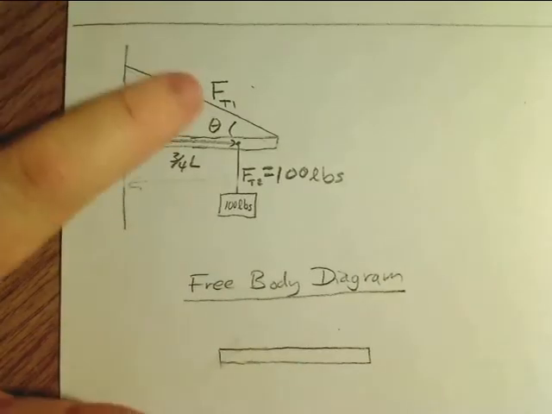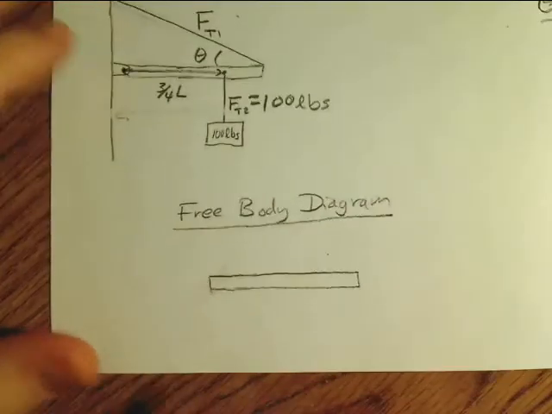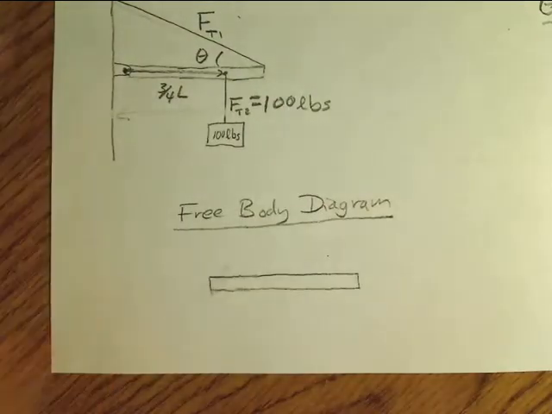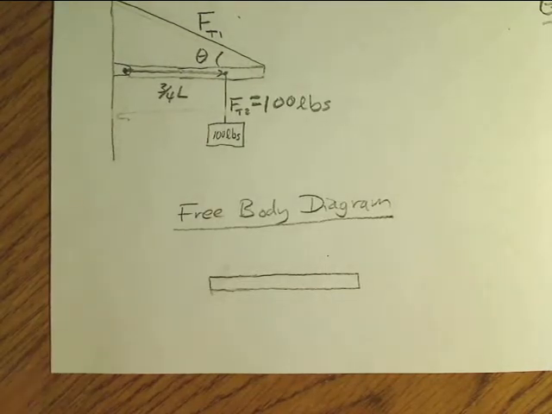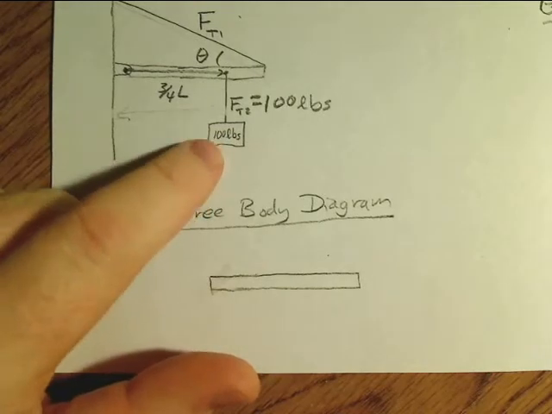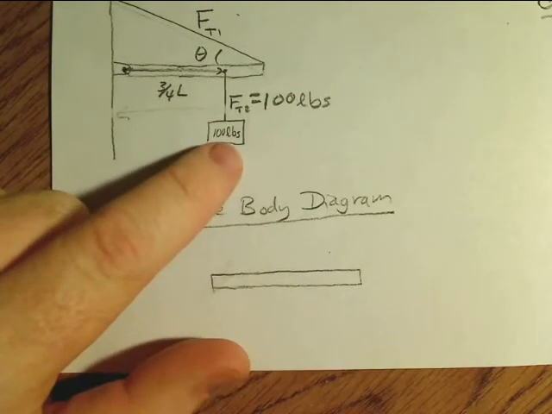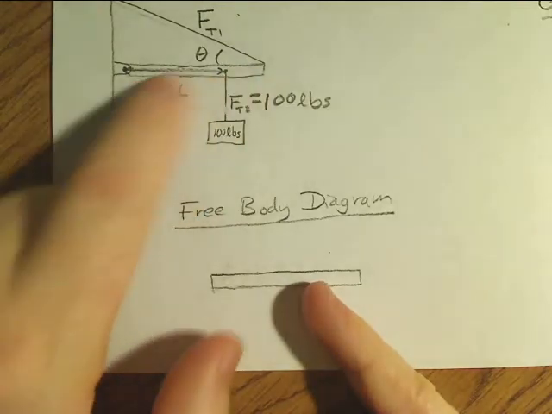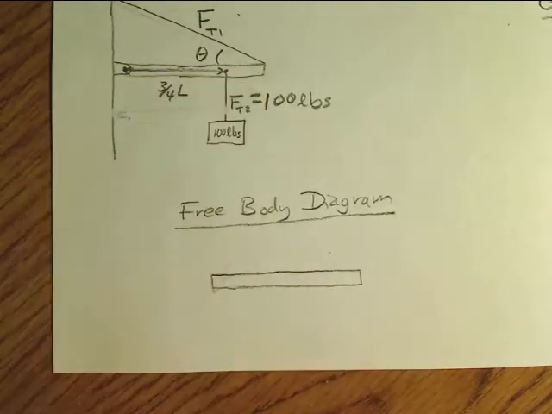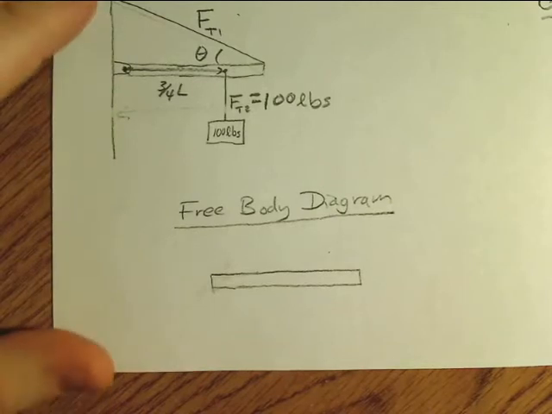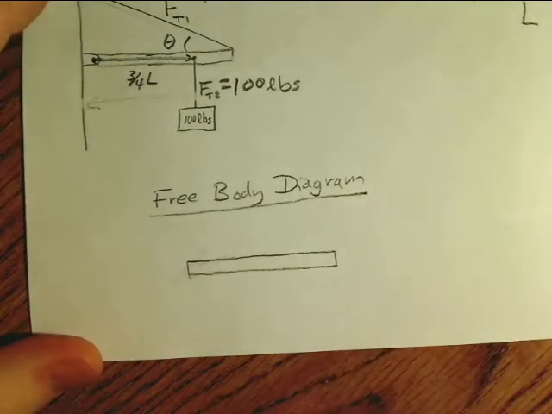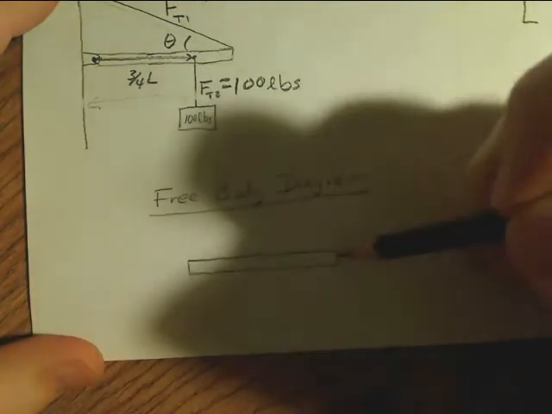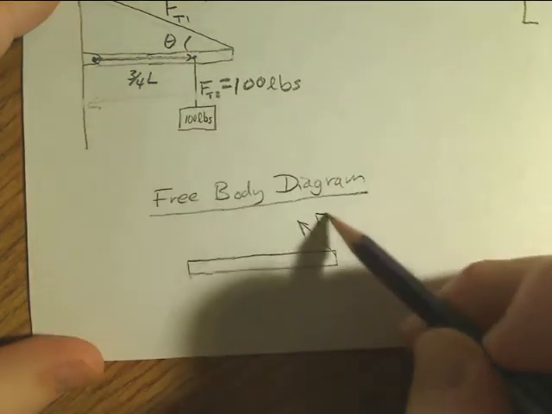Alright, the way to find FT1 for this problem is to make a free body diagram just for the beam. In the problem statement, it should say something about the beam having negligible mass, so that only the weight here would be the overriding force. That's the usual assumption for these problems in the beginning. When we get into advanced engineering, it gets a little more complicated, and you can include the mass or the weight of the beam. A free body diagram should only have forces labeled on it, Ft1,